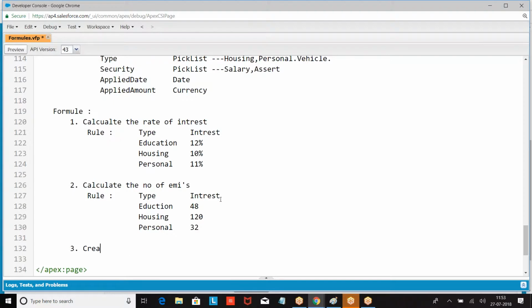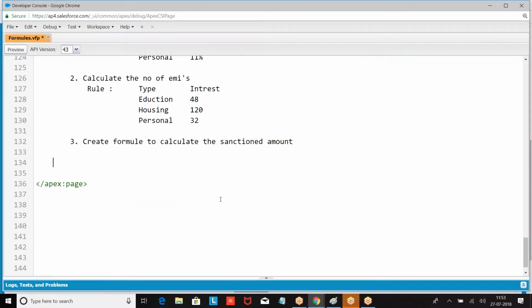Now create a formula to calculate the sanction amount. What is the sanction amount? Rule: sanction amount. Security is asset. What type of security?